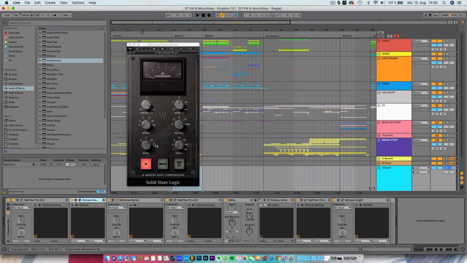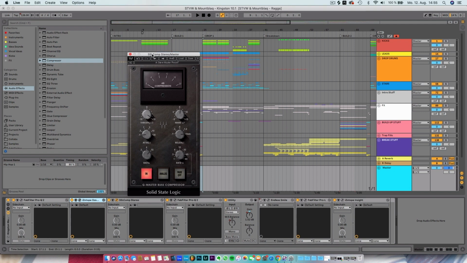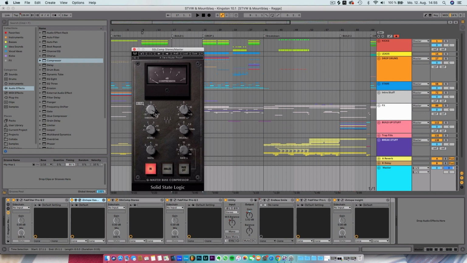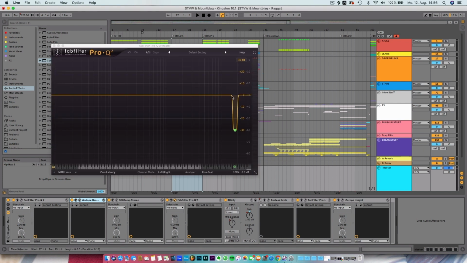Then I added an SSL bus compression. It's the G Master bus compressor from Waves. It's a really good one, and I used it to glue the whole track together and also to increase the volume before it runs through the limiter. Then I used another EQ because I felt like there were still too many harsh frequencies, and